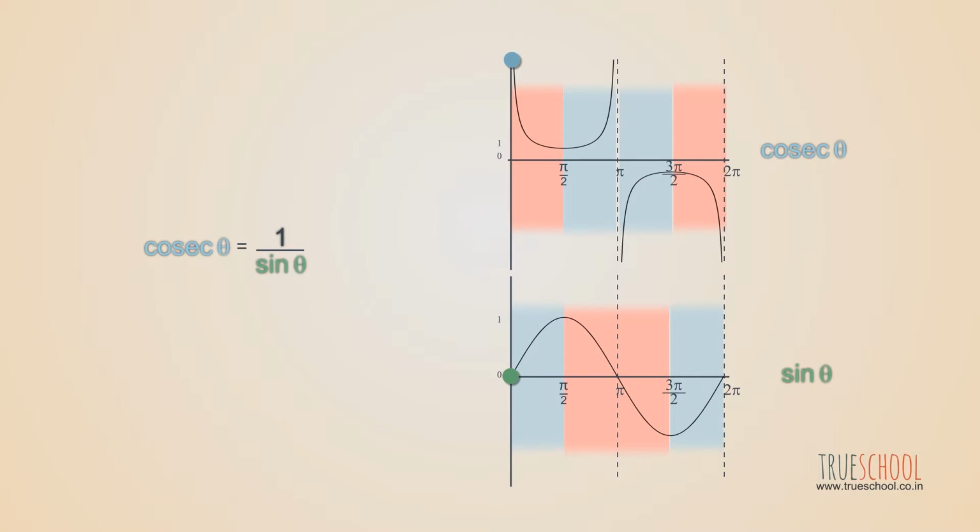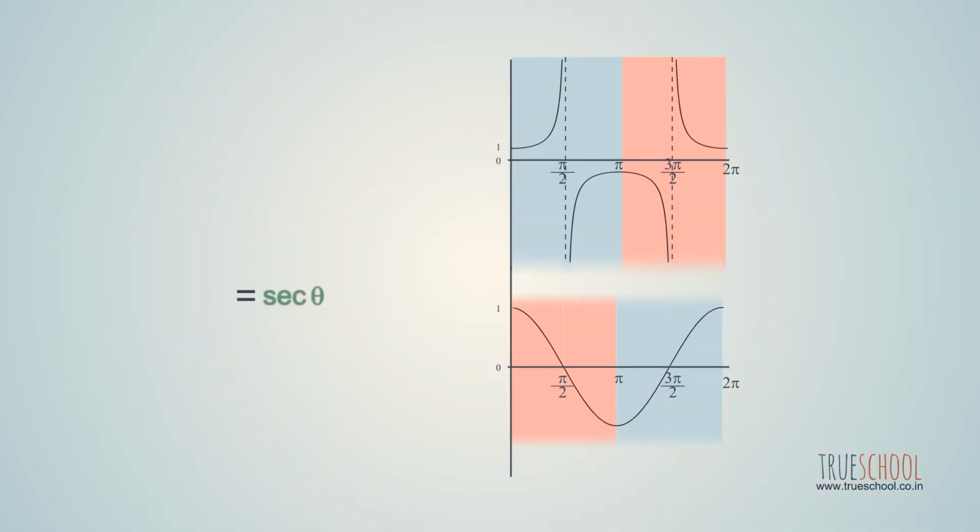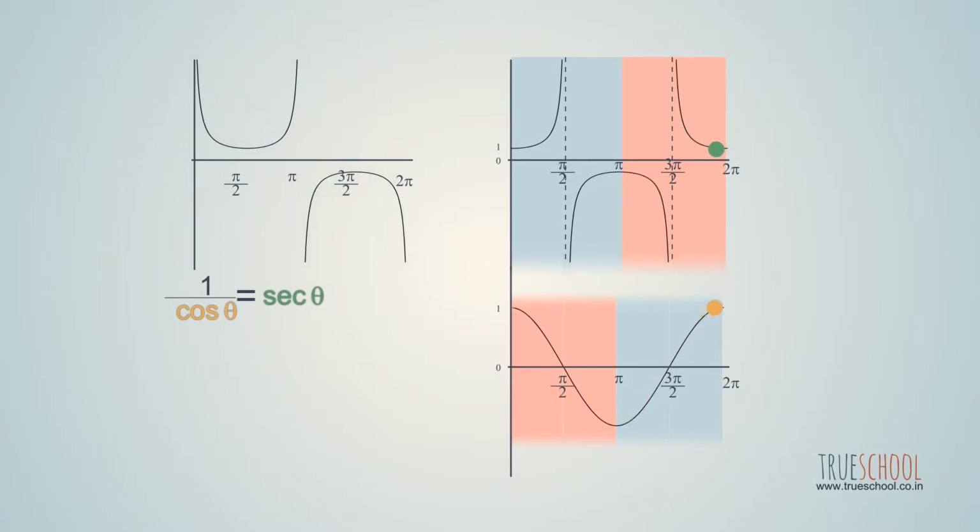Similarly, cosec is reciprocal of sine. So it will start from infinity as sin theta is 0 at theta equal to 0, then it decreases, becomes 1 at theta equal to pi by 2 and increases to infinity near theta equal to pi. In third quadrant, its value is -infinity and then it increases to -1 and then decreases to reach back to -infinity. Same way, we can plot the graph of sec theta, which is reciprocal of cos theta. Value of sec theta and cos theta cannot lie between -1 and 1.